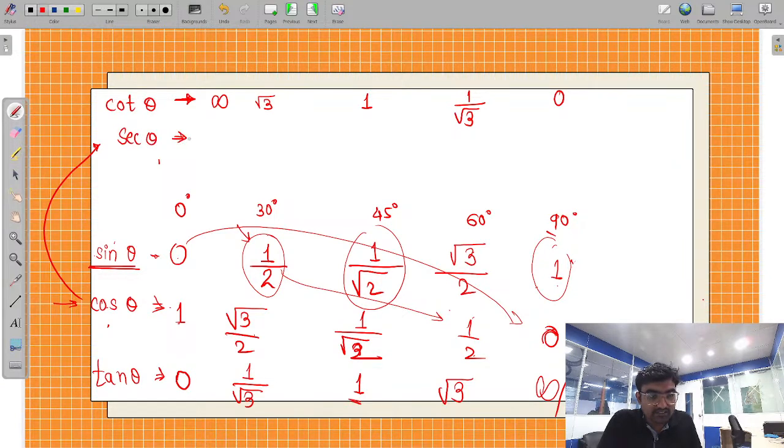So for sec theta, what's it going to be? Simple, take the reciprocal of cos. All the values of cos you can take its reciprocal, right? So it's going to be 1, the reciprocal of 1 is going to be 1 again, then the reciprocal of root 3 by 2 will become 2 by root 3, correct? Then the reciprocal of 1 by root 2 will become root 2, then the next, the reciprocal of 1 by